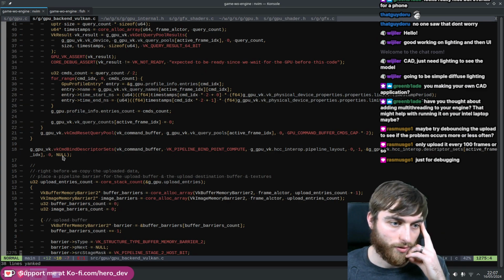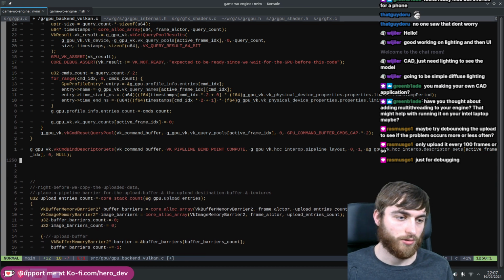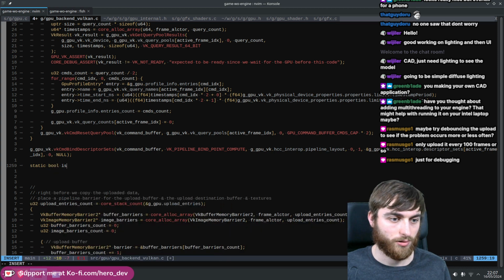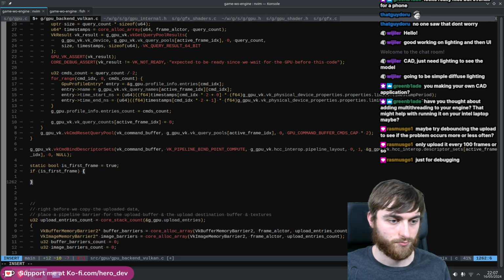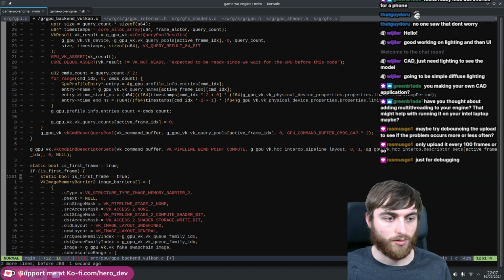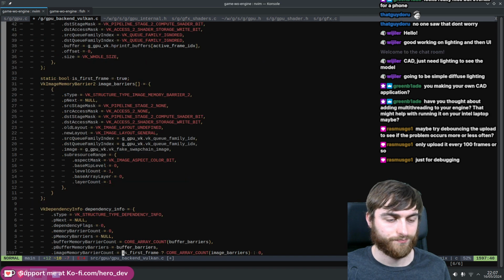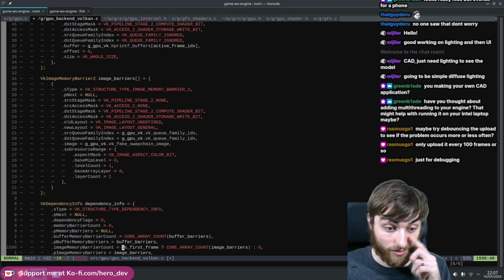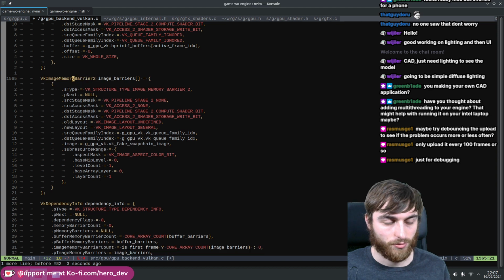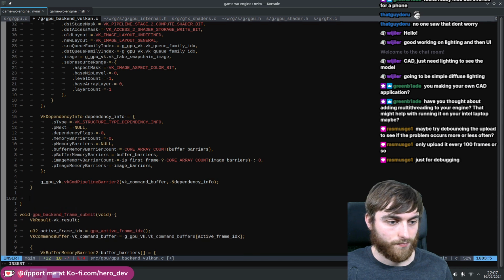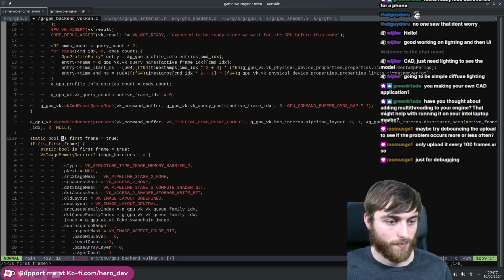So before we do any of the uploading, we want to say static boolean is first frame. Drop that all in there. And is first frame is equal to false. I don't think we did change that. We never actually set that to false, believe it or not. Whoops. Okay, so